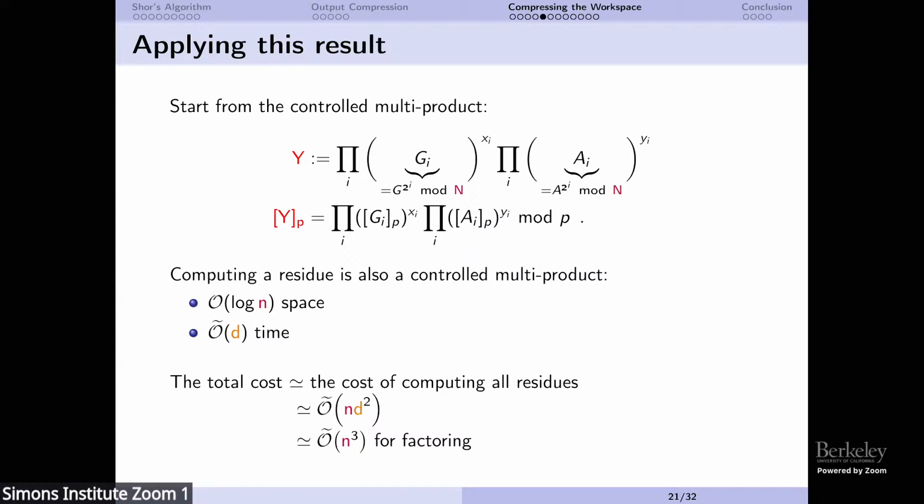Okay. And this is where we get the n cube of factoring. And fun fact, this is an n cube that we can't really reduce. Like in Shor's algorithm for factoring, when you do it with multiplications mod n, you get n cube if you do it with schoolbook multiplications, and you get better if you do it with improved multiplication circuits. But in our case, the asymptotics is n cube. And it doesn't really get better than this because we're really limited by the way we use the RNS.